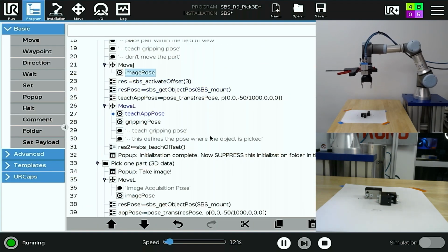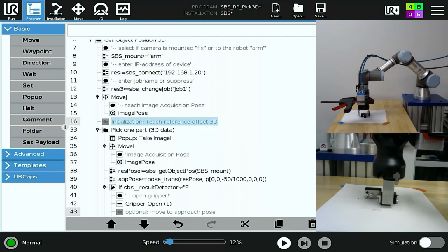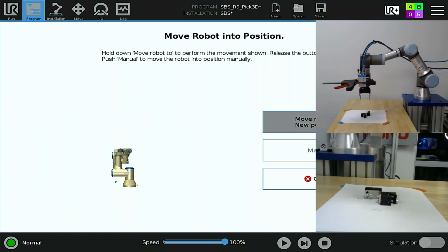Then I'll play my initialization sequence. The robot drives down, goes to the picking pose, and stops program. This teaches the gripping pose. Now I'll suppress my initialization folder, retract to my image pose start point,